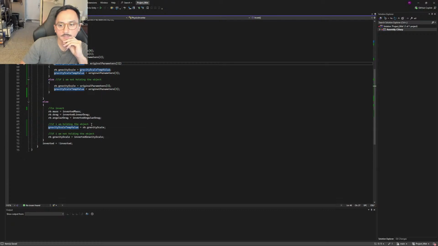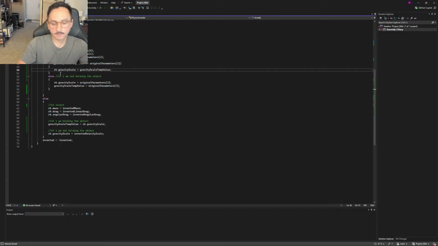So in this case, if I'm holding the object, the gravity scale temp will now equal 0. Now 0 doesn't equal 1. So I set the gravity scale